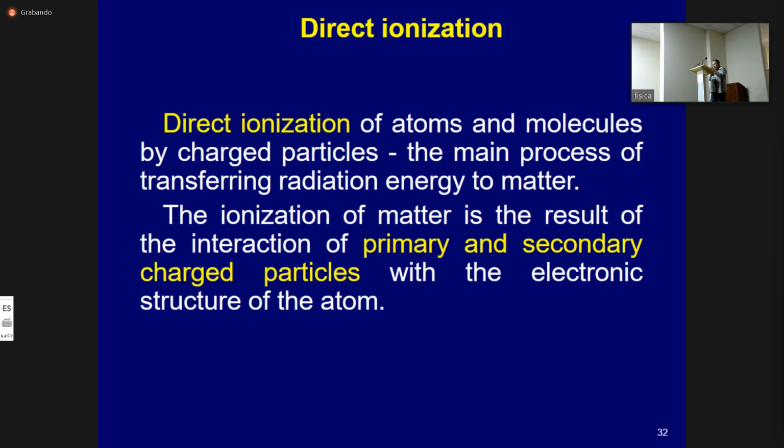The degree or intensity of ionization, or specific ionization, is defined as the number of ion pairs created per centimeter of path in a given substance and is proportional to the mass of the particle and the square of its charge. So the mass of an alpha particle is about 7,300 times the mass of an electron, and the charge is 2 times greater.